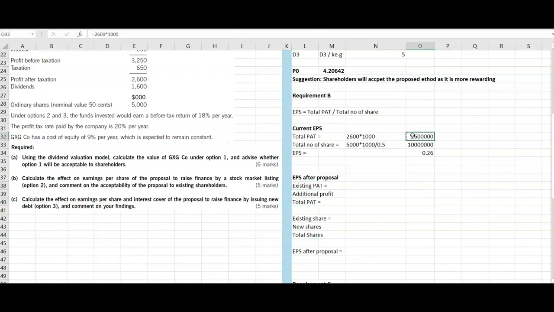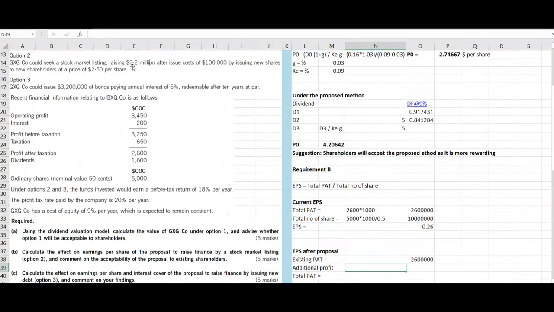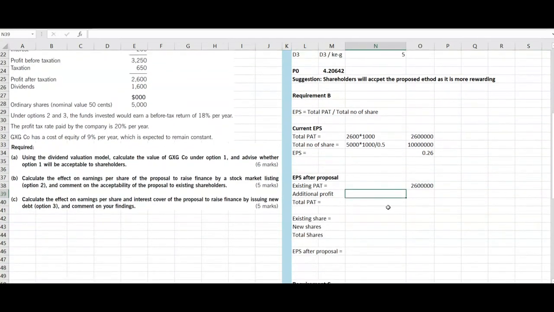So our existing profit after tax is this number. Additional profit, we'll calculate it here. So the company is going to raise how much? It's going to raise 3.2 million. So we'll multiply. So it is 3.2 million